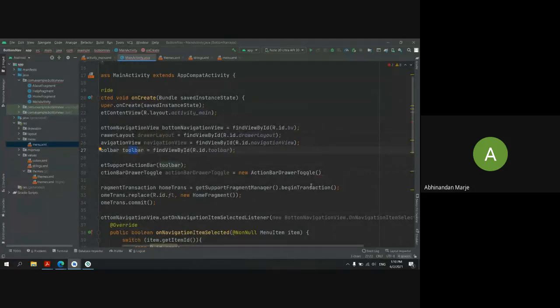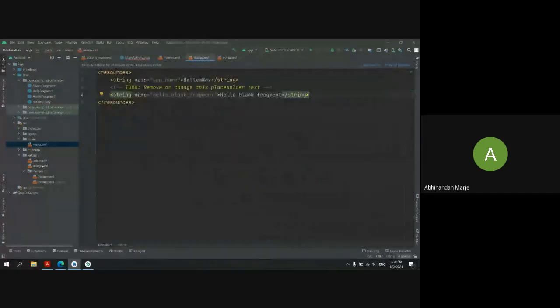So for that, I will come back to my strings.xml. I will add two strings here. One will be named open. The next string will be close.